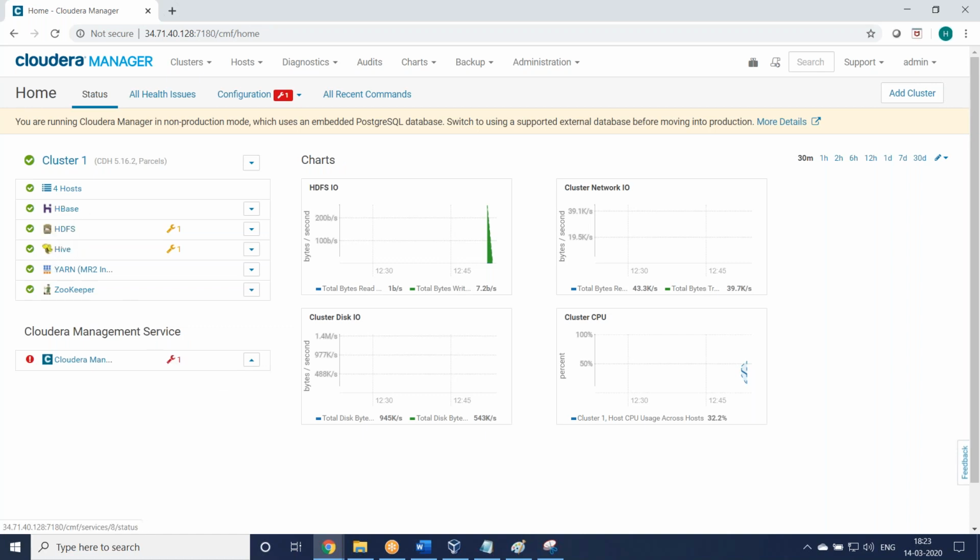But if your concentration is always on services, Hive service or HDFS service or HBase or YARN, Zookeeper, we have to monitor them. This is the cluster monitoring. You see the data, how it is coming? Green color. The data is automatically refreshing. So no need to go to the command line and run the command for cluster status.